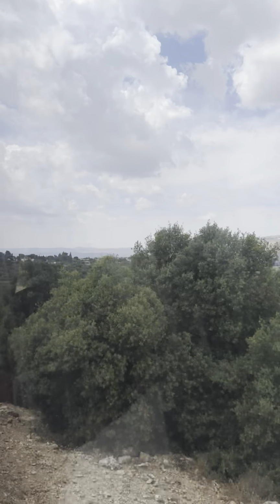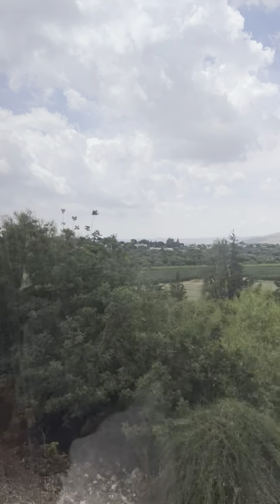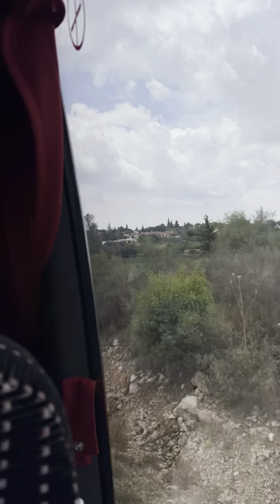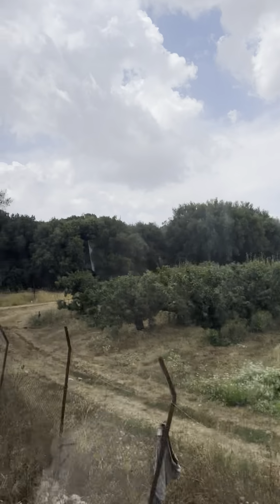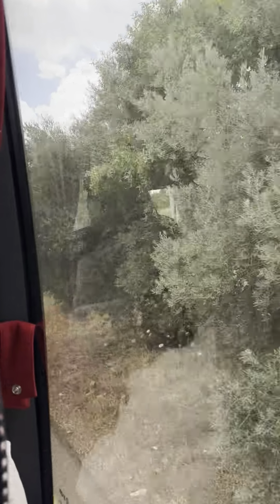Because if we drive this bus and someone sits on the corner over there and drops a rock like this onto the front glass of the bus, and it goes through, the driver can lose control and the disaster can be very bad. And it happened. So at the beginning, Yitzhak Rabin, who was the Minister of Defense, said, don't worry, they will get tired, and we are going to close the money support to the Islamic Party, and they will stop. Because this was the first time that we found the Islamic Party,